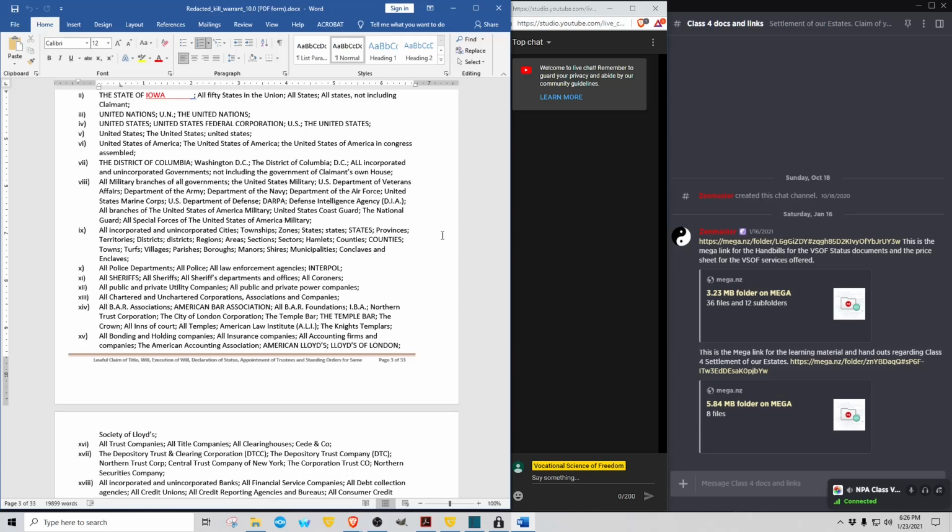All police departments, for all of the same things I already stated, including Interpol. All law enforcement agencies. All sheriffs, same deal. And all coroners, same deal. But of course not including, well, your own appointment of your own judicial coroner literally takes him out from being a trustee of your own estate. So you give him your own orders when it comes to your own judicial coroner, which you appoint for your own house.